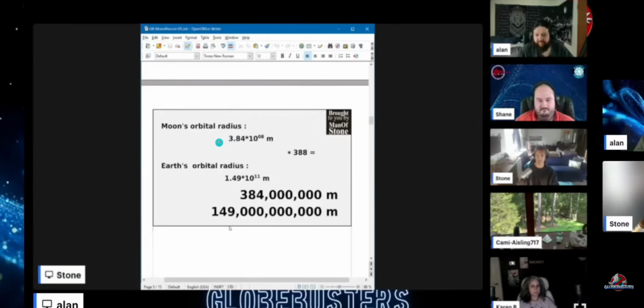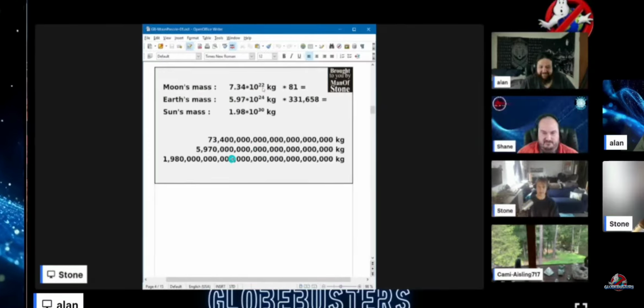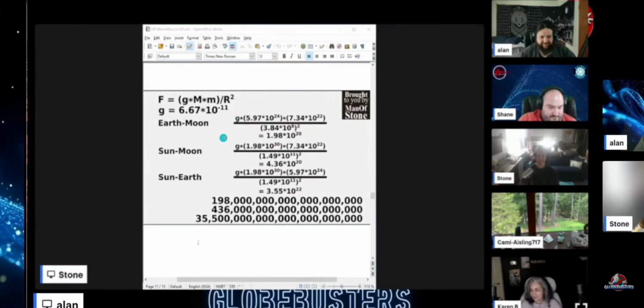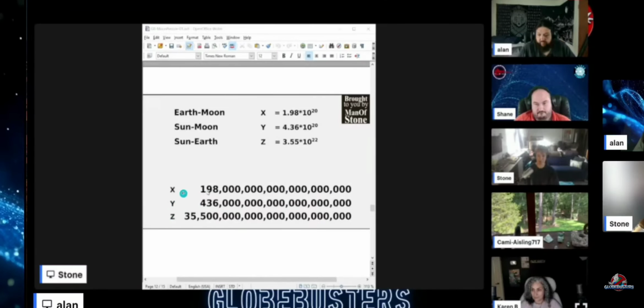Crazy, dude. Then we take some orbital parameters to get some distance between the moon and the Earth during its orbit, and for the orbit around the sun. And then plugging in all the respective formulas to each relationship there, Earth to moon, and sun to Earth, we get these values down here. And if we were to plot that out on an XYZ axis now, we can start to make a free body diagram and show where the strength of the vector potentials is coming from in terms of magnitude.